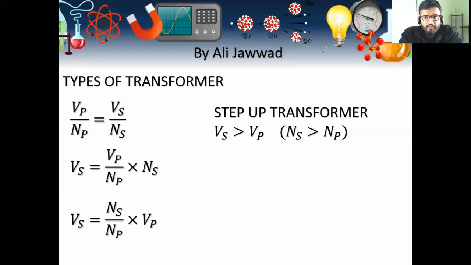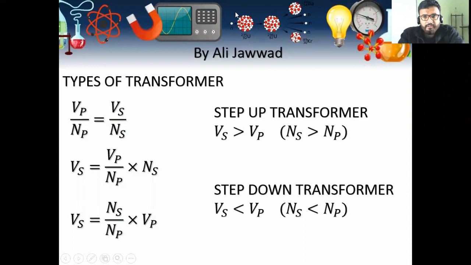However, if this ratio decreases below 1 and the number of secondary loops is less than the number of primary loops, then the answer would be a fraction. Let's say 1 over 2. So 1 coil in secondary and 2 coils in primary. So the number of primary coils is more. So if we apply 120 volts at the primary end, notice that it will reduce it and we will get 60 volts in the end. So if I go to the previous slide here,